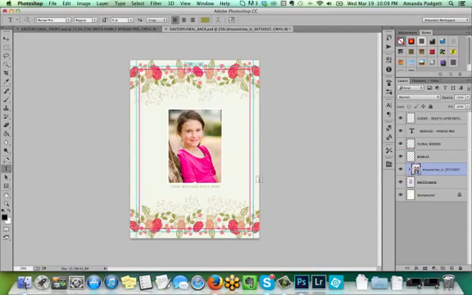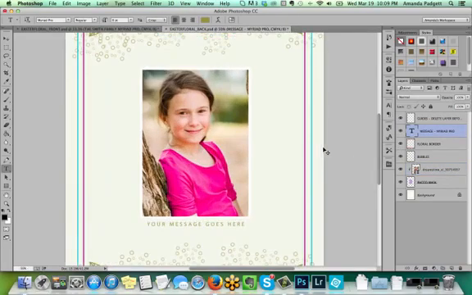The next thing I want to do is the text. So our message is right here, and I have it down here. Your message goes here. If you click T on your keyboard, it'll activate your type tool, and then you can just click in somewhere, and we can highlight by, I'm going to hold down my Shift key, and I'm going to delete here. So I can do Happy Easter 2014, what have you. I can change it to be center, and then we'll come up here and do like that,